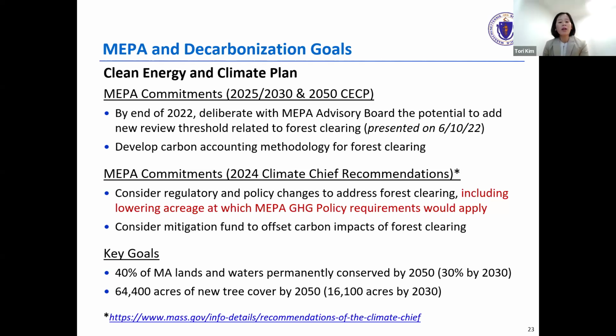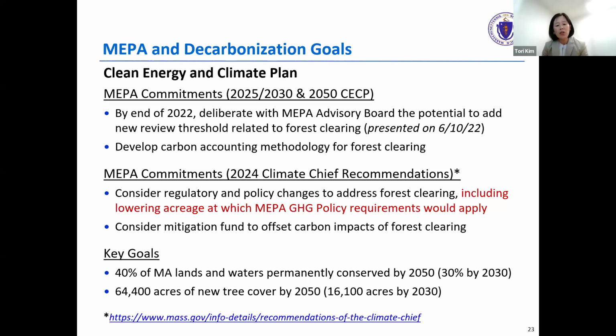There are some new recommendations that have come out through the climate chief, Melissa Hoffer, which now, again, recommends that MEPA consider a regulatory change that would address forest clearing. So this proposal is not a regulatory proposal. That is something that is under consideration for a possible future change.